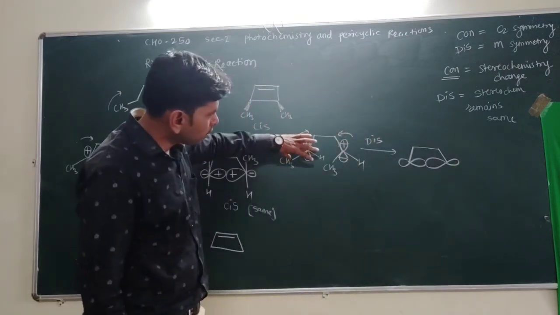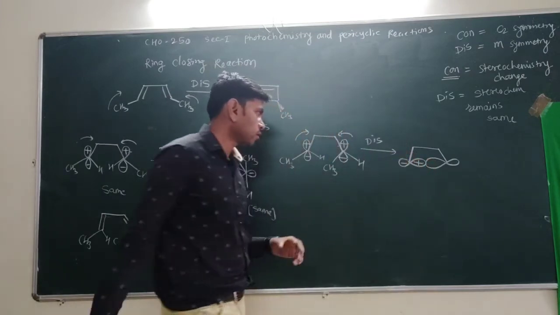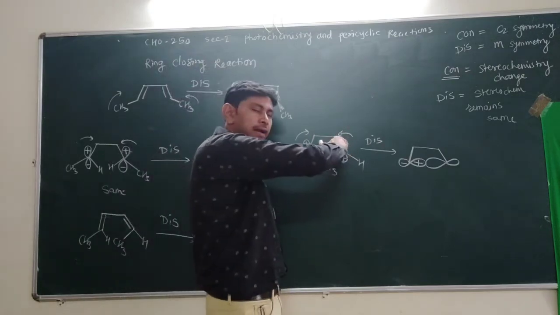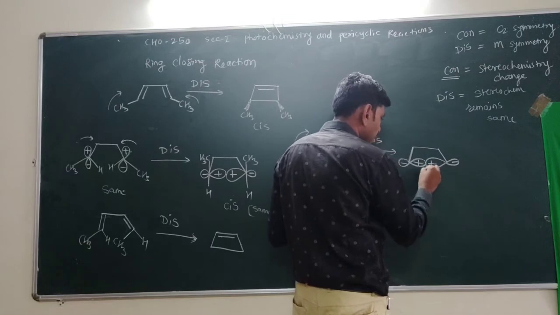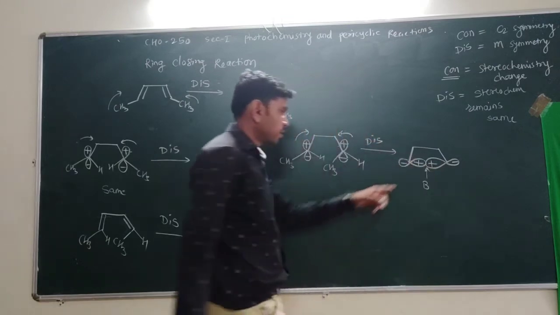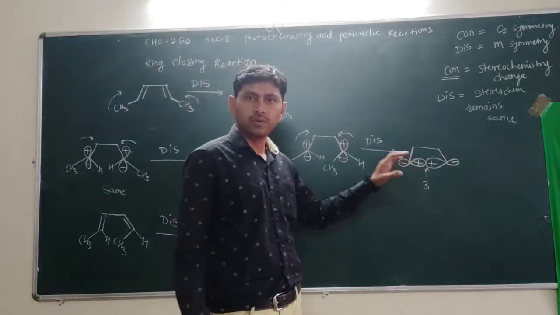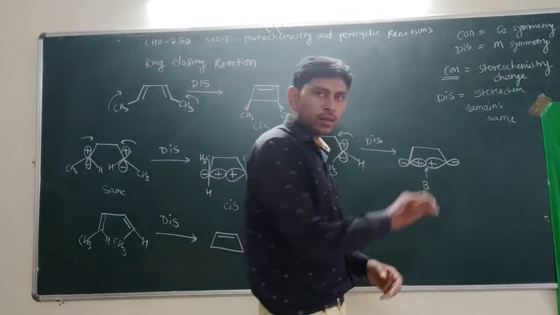See here, the left orbital we are rotating in the clockwise direction, then the plus sign goes here, minus sign goes here. The right orbital we rotate anti-clockwise, then the plus sign goes here, minus sign goes here, and we obtain here a bonding overlap. This is bonding overlap because the same signs overlap here. So when the same signs overlap, that is a bonding overlap.